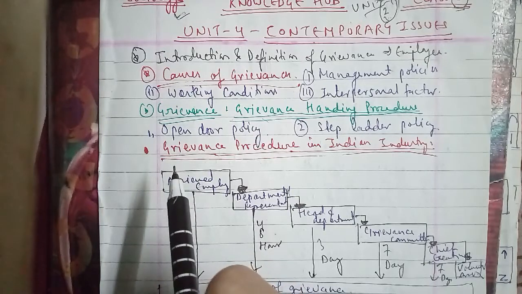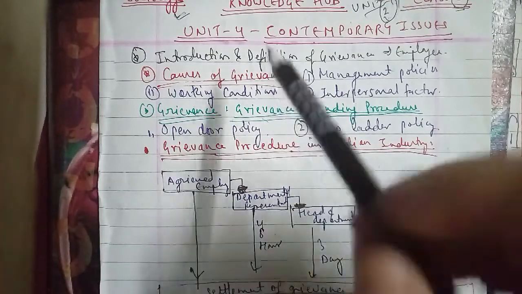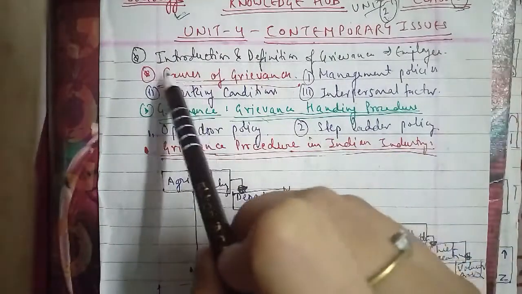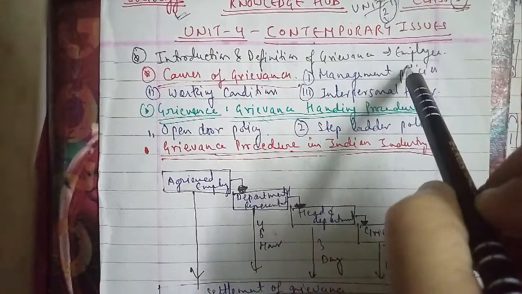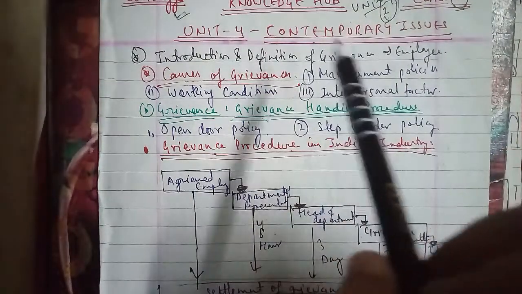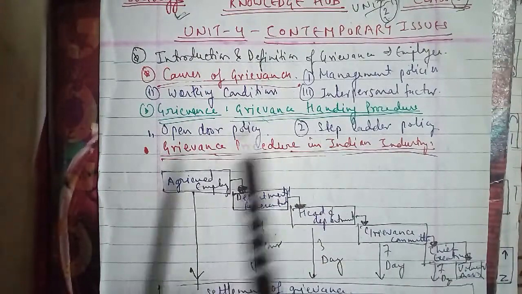We'll go ahead and further we'll discuss about it. In the same cases, here this is your unit 4, which is your contemporary issues. Here in this we'll discuss the introduction and definitions of grievances, and what is grievances. So what is grievances and what are the causes of grievances? This has been asked in the examination paper of 5 marks, so we'll discuss the introduction and the definition